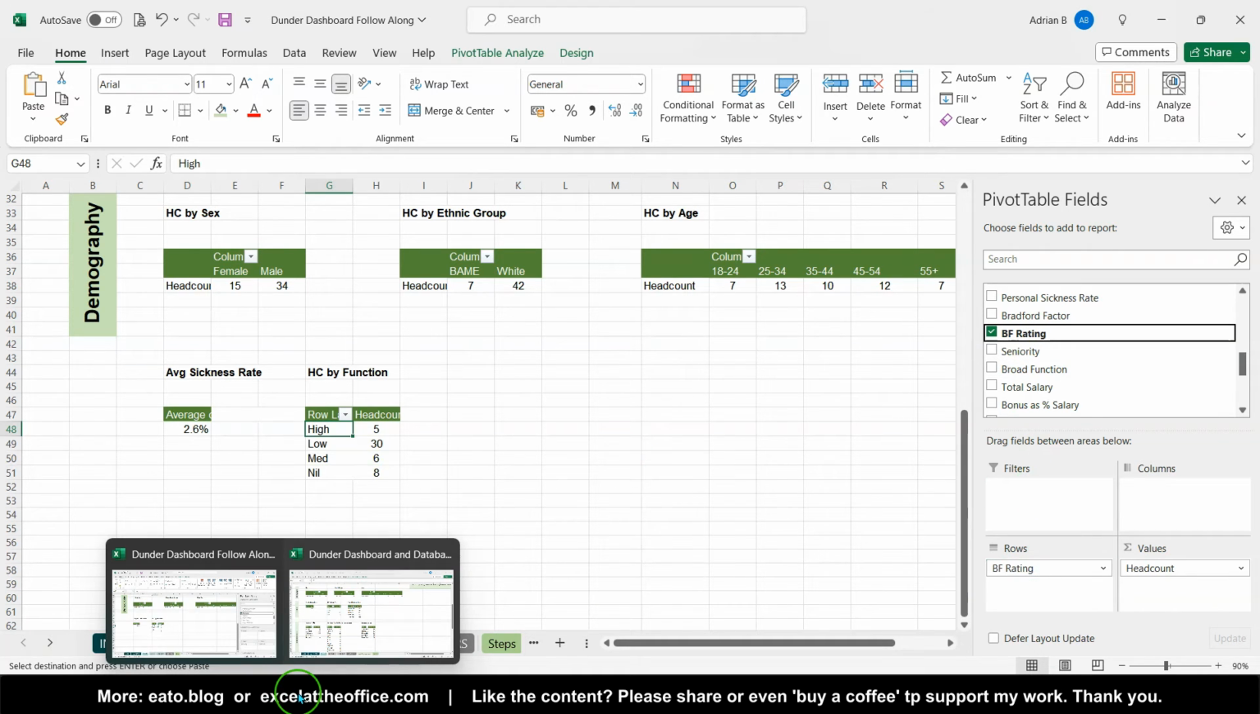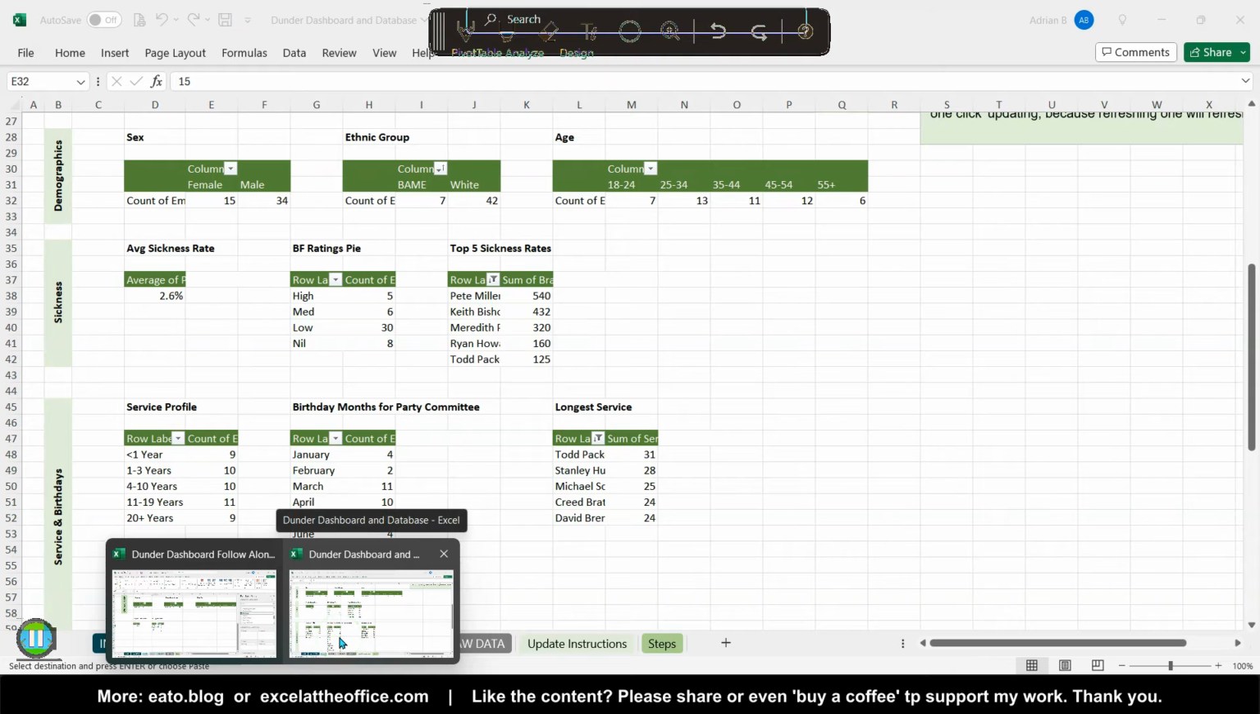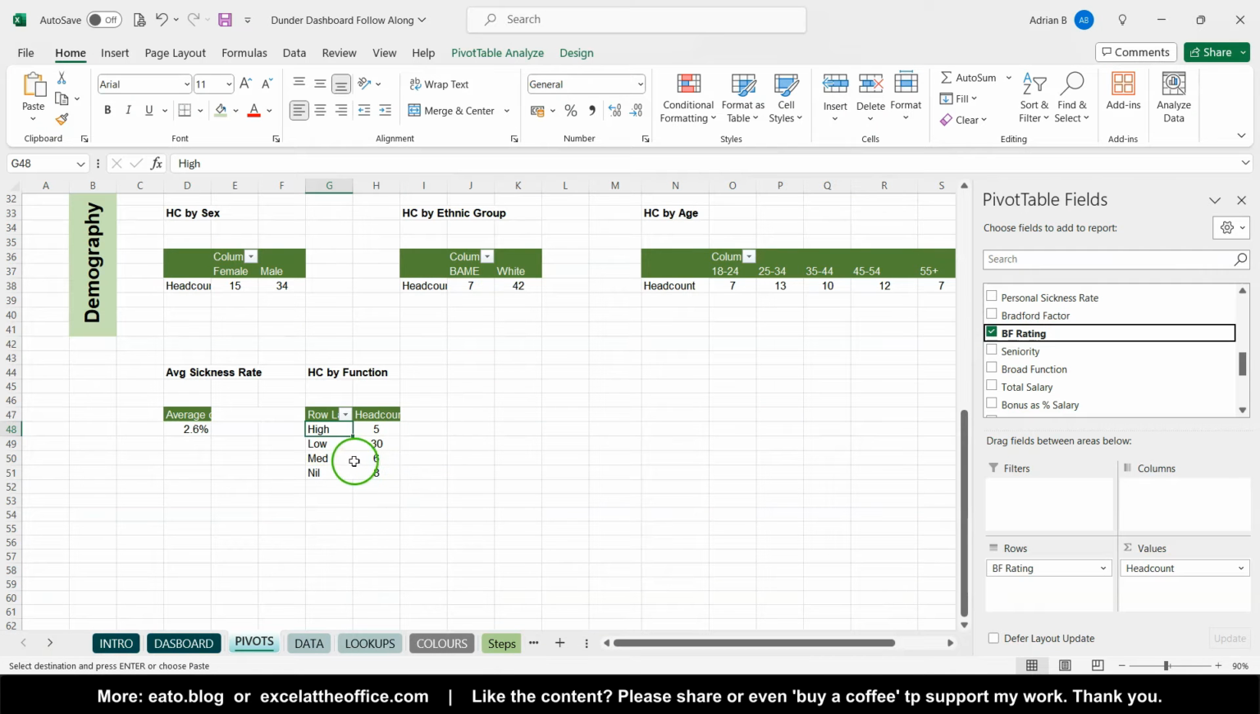So Bradford factor is another way of kind of estimating sickness. Again, it's done high, low, medium. I want medium, high, medium, low, and then nil to represent on the chart in order. And then finally,